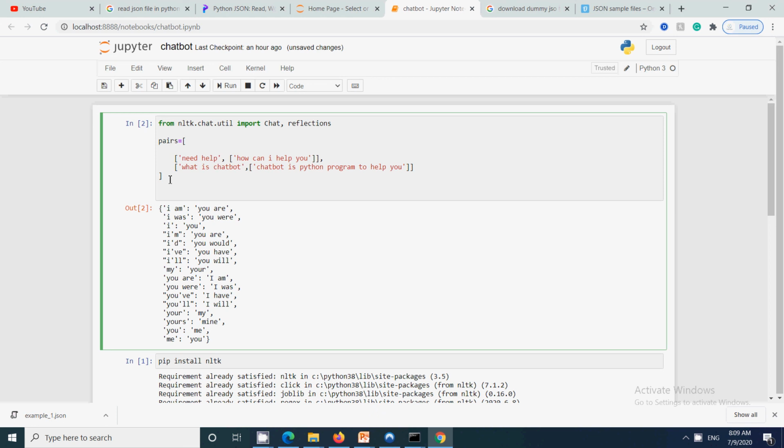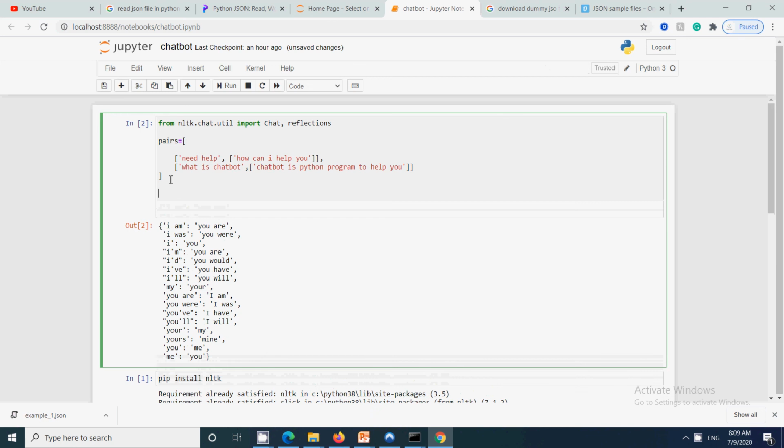If you are starting a website and you want to put some initial 10 to 15 things that your user must know, you can just put those in, and then you can start your chatbot. Once that is done, the main thing is we are going to use this particular chat module. We will write chat equal to this Chat, because this is the main module responsible for creating your chatbot, and we will be providing two parameters. One is your rules, and second is your reflections. These are the two things being provided to it, and by default, once the user puts quit, the chatbot will end.